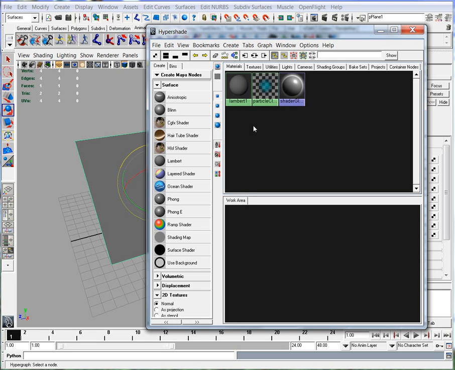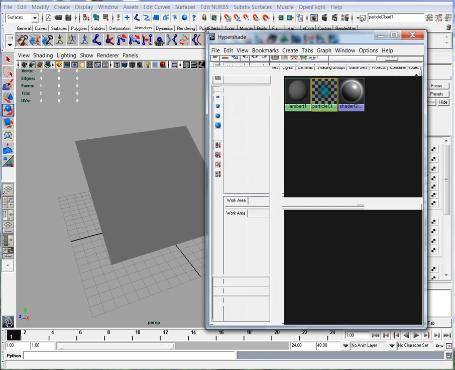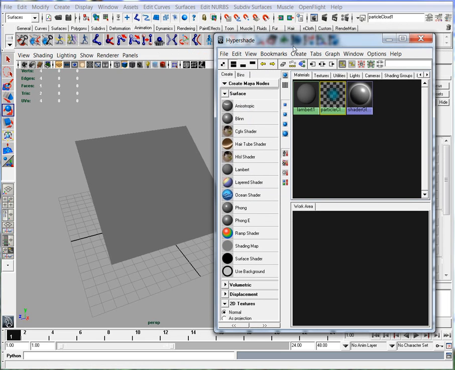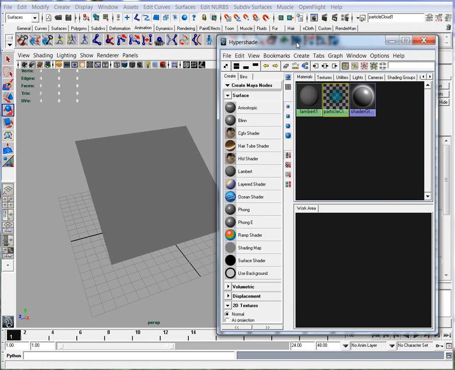But notice that within here we have 3 very basic default shaders. Okay, now each one of these is considered a shader. This one is actually for doing 3D special effects like particles. Okay, this is a particle cloud. Currently we don't have any in our scene, but Maya drops that in there for whenever we do. Same thing as if we have a shader glow. Okay, that means that you can make your objects glow like fire or a light bulb or anything like that. Now we'll get into things like that in a minute, but before we do that, I just want to